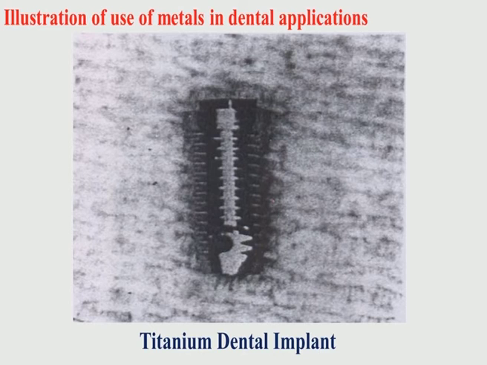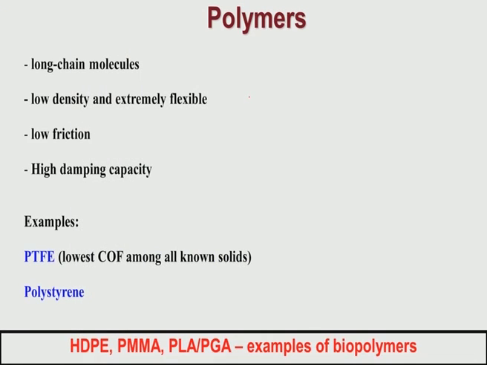I mentioned a couple of times that we can use this titanium screw, and this titanium screw has different threads, and titanium 6% aluminum 4% vanadium can be used for dental restorative applications.